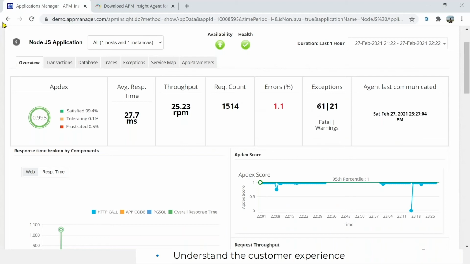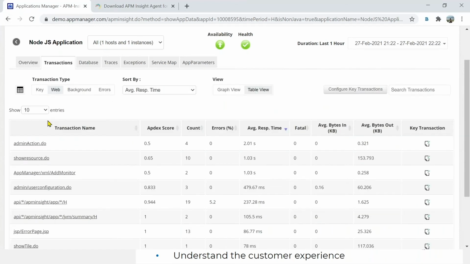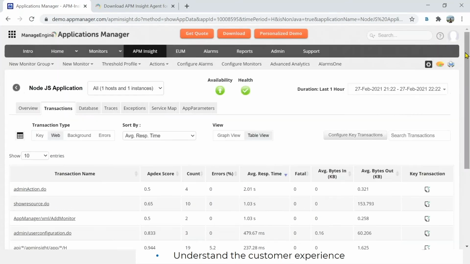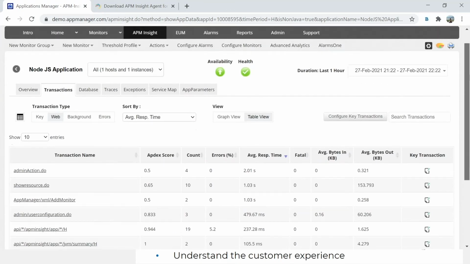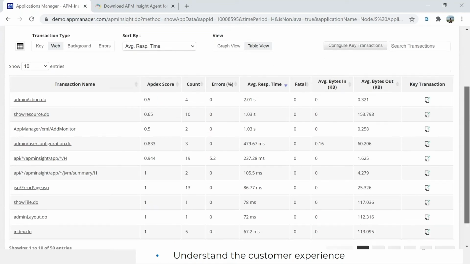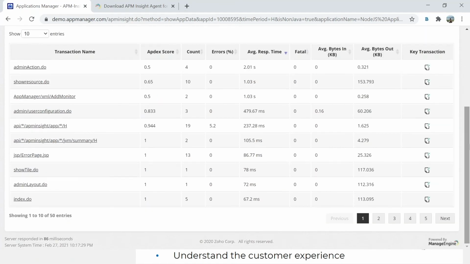So you can choose the transactions tab right here. And then you will find the various transactions being listed right here, which includes the AppDex score for each transaction, count, errors, and average response time, average bytes in and bytes out, and the key transactions too. So you can click a specific transaction. Say, for example,